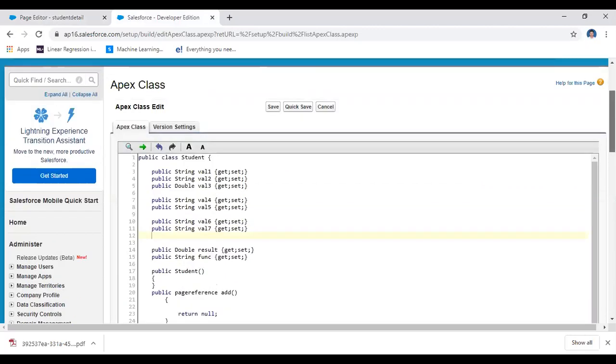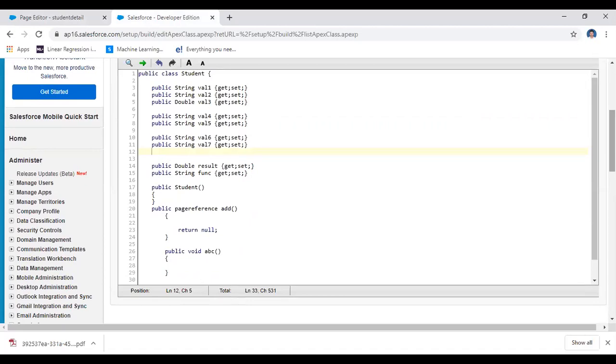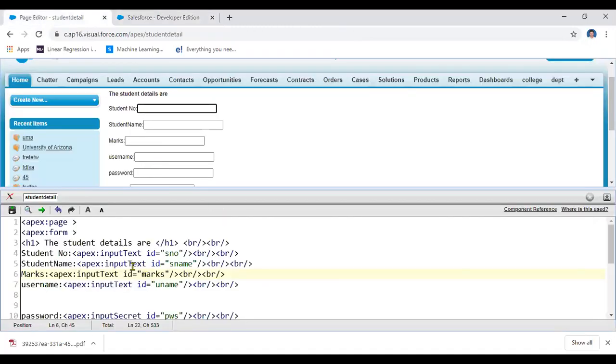Here you have implemented this information by using a simple class. Just like, if you have Java programming knowledge, then you can write Apex programming. Apex simple class, and then there is some constructor I am calling. No need to return this value, leave it, and then public void add ABC. Let us think of the corresponding information I am taking here. That means how can you call this information? Here value one, this corresponding ID, I am taking the value like this.